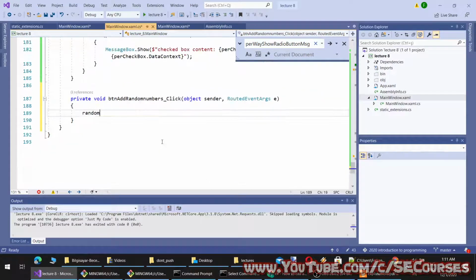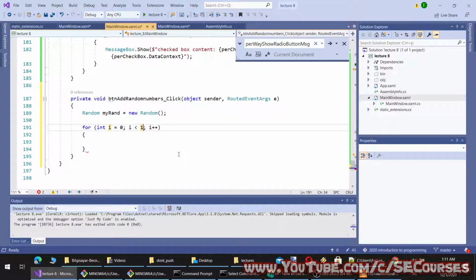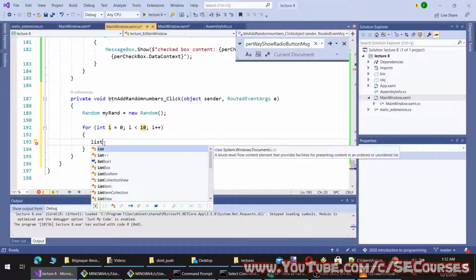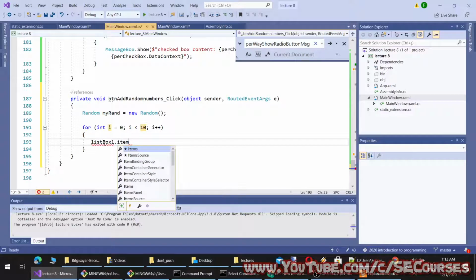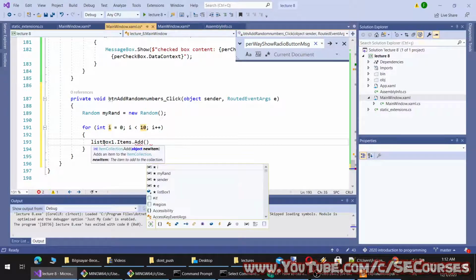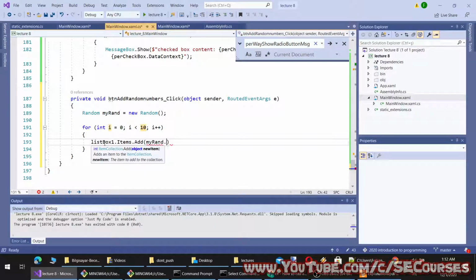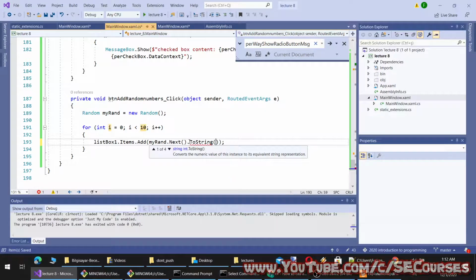And random round equal to new Random. Let's add 10 random numbers. So you can access it like listBox1.Items.Add(myRandom.Next), and let's format it like this.